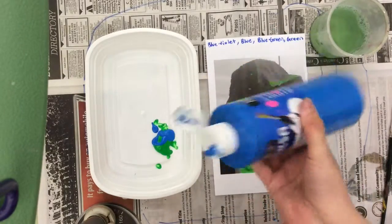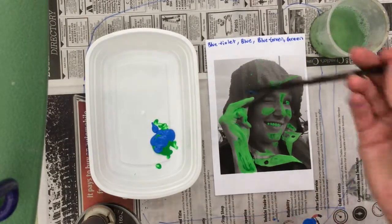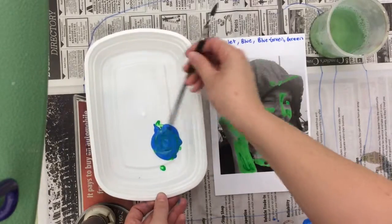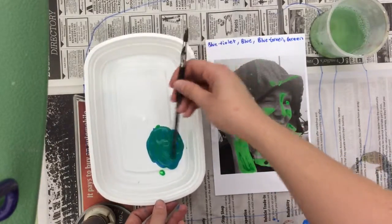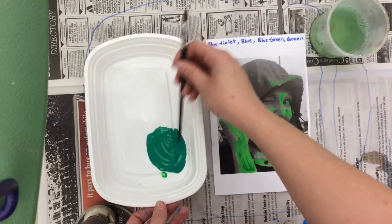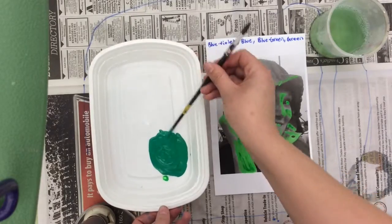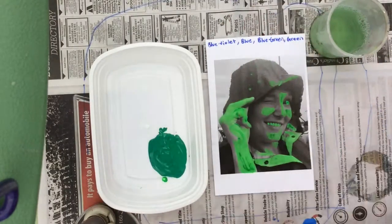So to mix it, I don't want to do too much. I want to mix just a little bit of paint at a time, and I think I might actually have palettes ready for you guys to show you about how much paint to mix at a time. So I'm using the end of my paintbrush to mix the color together. I think it goes a little bit faster that way, and we don't waste paint in the bristles of the brush. So then I wipe off the end